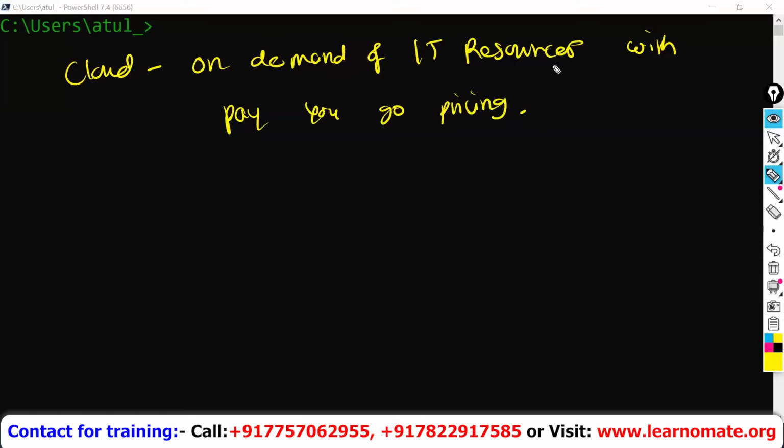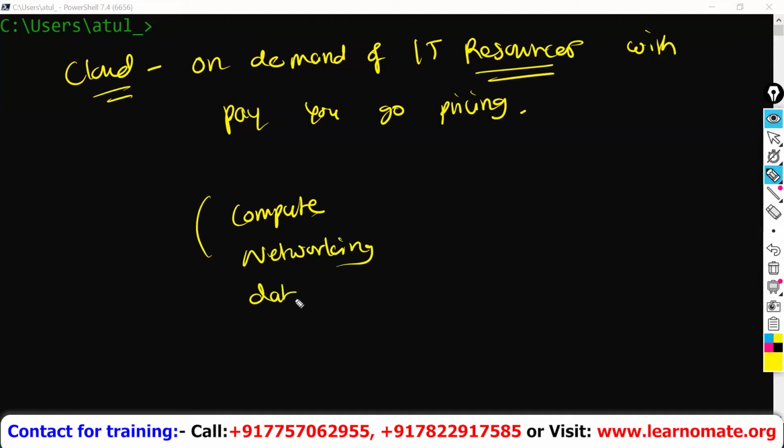And the resources which we are talking about within the cloud are mostly compute, networking, databases, security, domains. So on-demand delivery of IT resources means whenever you have a requirement, these resources are available, and these are